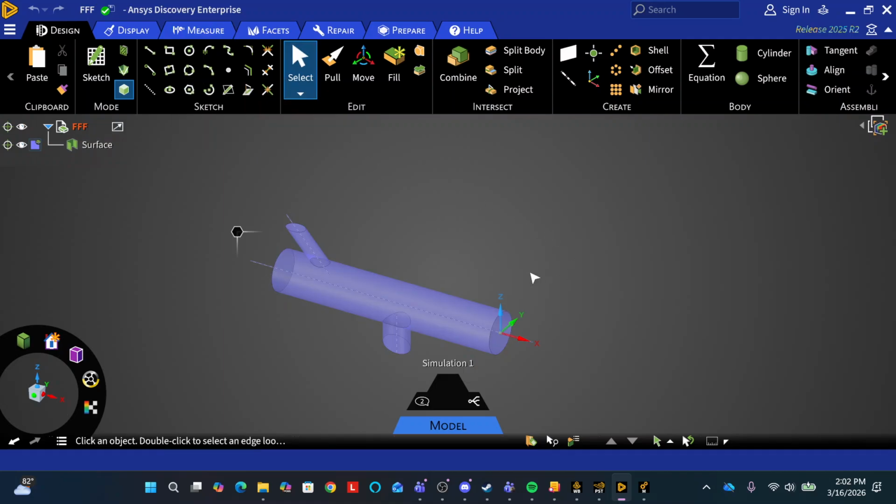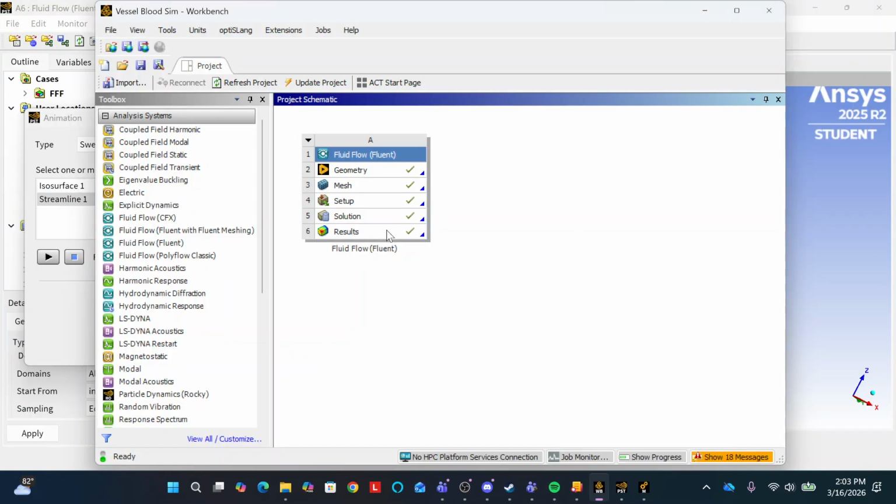You can design this in SolidWorks or Fusion 360 and import it in. There's no problem with doing that. You can even use 3D Slicer and slice a part of a body and bring it into ANSYS. I know that there are certain things in SolidWorks that do simulations and can also do fluid flow as well, but we utilized ANSYS. So we first start with Discovery, and then once we design our model, we will go to what's called